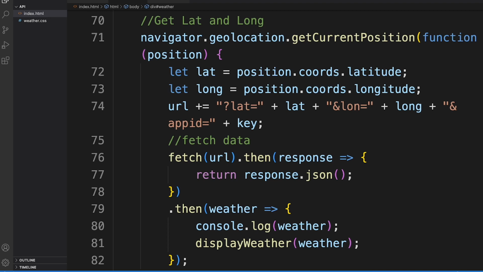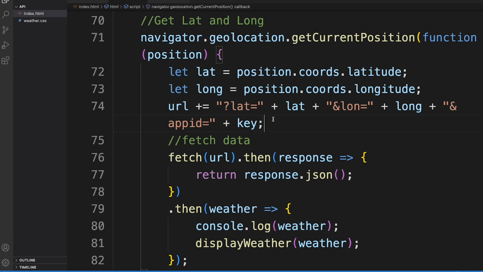On line 74, notice I'm adding to the URL, that URL that communicated with the OpenWeatherMap API, and I'm creating a query string that provides the latitude, the longitude, and that API key. So that goes at the end of the actual URL. Let's see how this works.